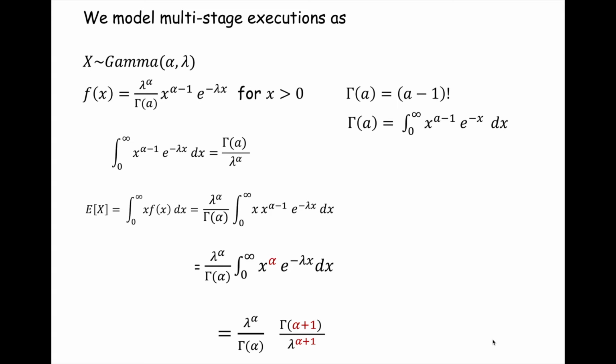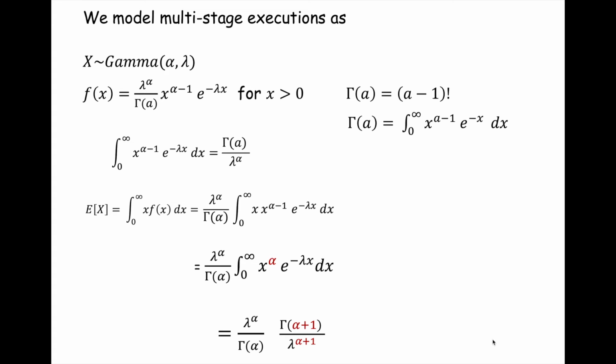And so that's this gamma that used to be this gamma of alpha plus 1, right? And then here I have this gamma of alpha. Gamma of alpha is just alpha minus 1 quantity factorial. So that is my gamma of alpha. And then, of course, I have this lambda to the alpha power, and I have in the denominator lambda to the alpha plus 1. Lambda to the alpha plus 1 is just the same as lambda to the alpha times lambda.